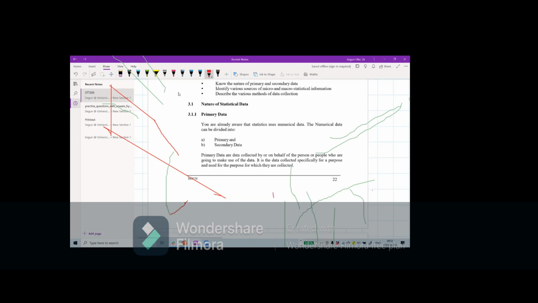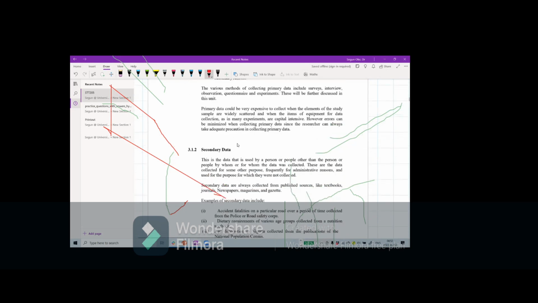So we have so many things that we need to check. We have primary data, we have secondary data. You already gave us the idea, but the major thing is